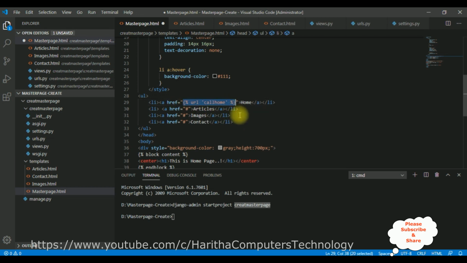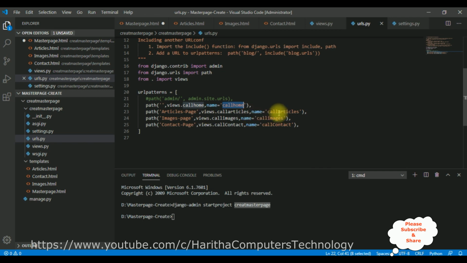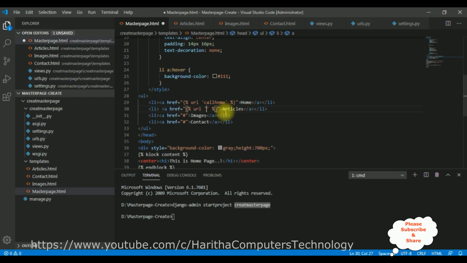Let's copy this one. I'm deleting the hash and pasting the URL. The articles is the call articles. Again, I'm saving this, copying this one,